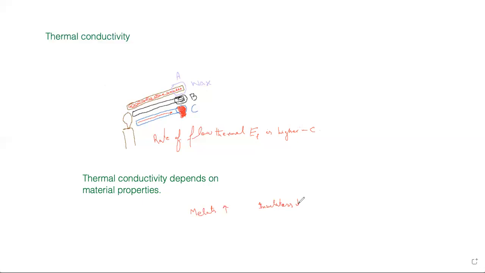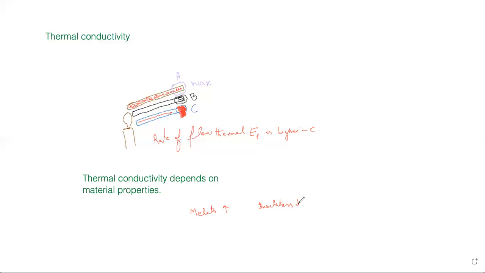And in metals, we also have free electrons. Those also help to conduct thermal energy. But still, there are some insulators in which thermal energy can conduct better compared to electrical energy, because in the case of electrical energy, you always need free electrons for conduction. But thermal energy can conduct not only with the help of electrons, but also with the ions or the atoms of the material.